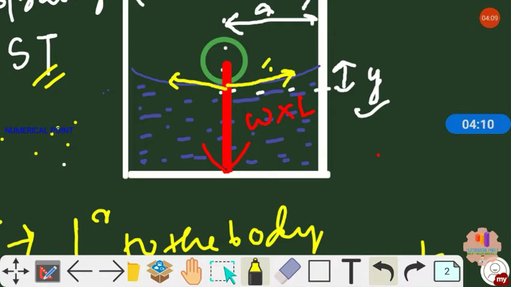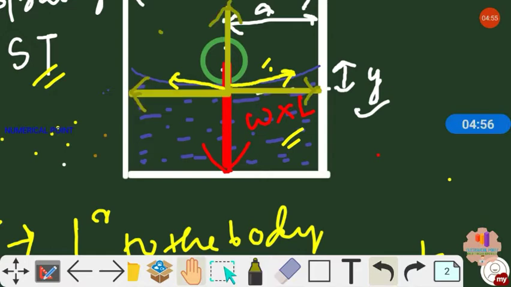If it is acting at a certain angle, then it will have two components, one in the horizontal plane and the other in the vertical plane. Now let's make the components of the surface tension force in the horizontal plane and in the vertical plane. Why do we need to do this? Because we need to balance the vertical component of the surface tension force with this weight. That's why we need to find the component of the surface tension in the vertical direction. Now let's make the components of the surface tension force.